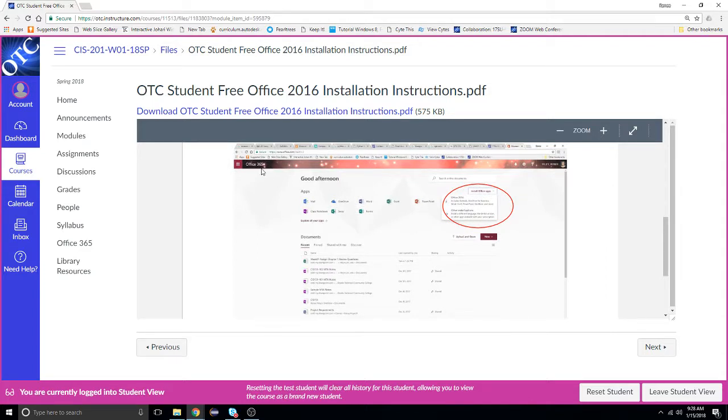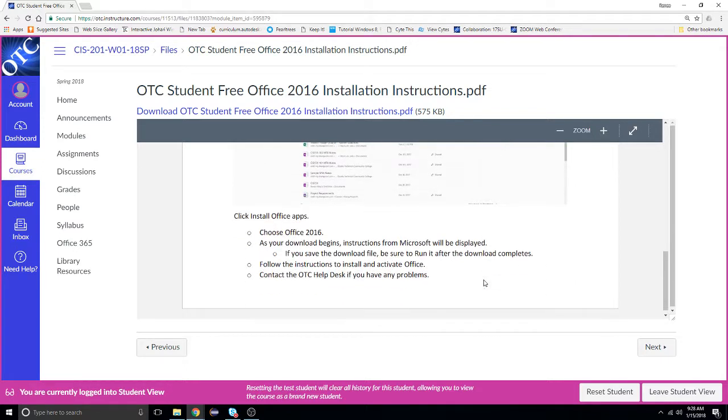You should see something like this Office 365 display. And over here on this side, you should see a button that says Install Office Apps. If you click on that, it should be giving you the options of how to install Office to your computer. The instructions are very clear from Microsoft, and I don't want to repeat them because they change so often that my document would be out of date almost immediately. So do follow those steps, and of course contact me or the OTC Help Desk if you have any problems